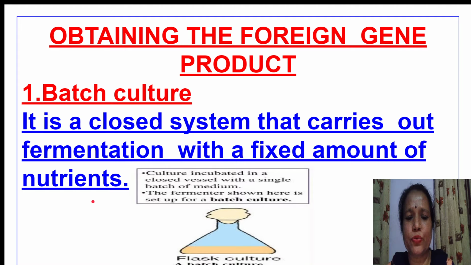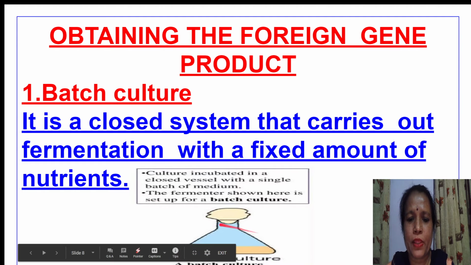In this case, we add the nutrients as well as our inoculum from one side, and the process continues in this closed vessel. As a result, after all the nutrients are used by the microorganisms and the product is formed, it will be obtained from here afterwards.